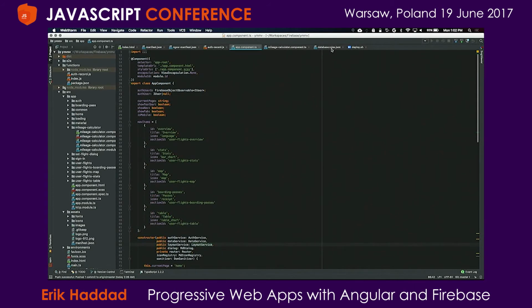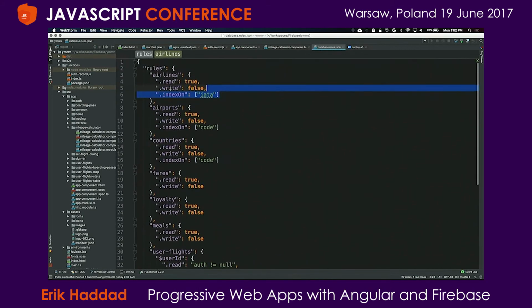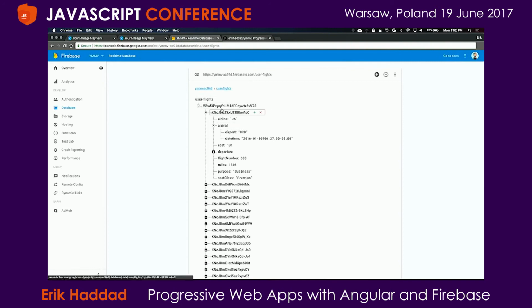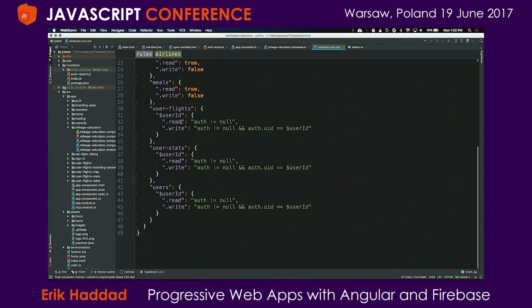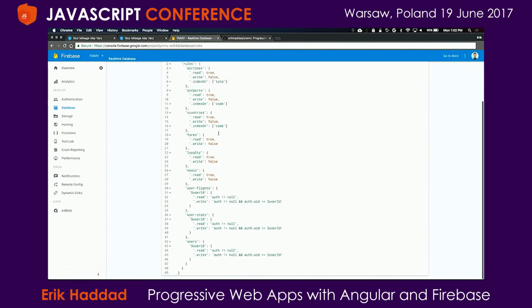So if I pull up some database rules, so like airlines, you see that? I need to zoom in. So we're looking at this, each one here. Here's the structure. Here's that unique ID for the user that I talked about earlier. And for each row, you have a unique key, and then some data about the flight. So here you can set rules for security, making sure that anybody that views this data has to be authenticated. And then in order to write, you have to be authenticated, and you have to be the owner of the data. So you can be assured that you can store anything you want, and you can secure it at the same time. Very straightforward rule syntax, and you can actually view it here in the console as well, manipulate it,